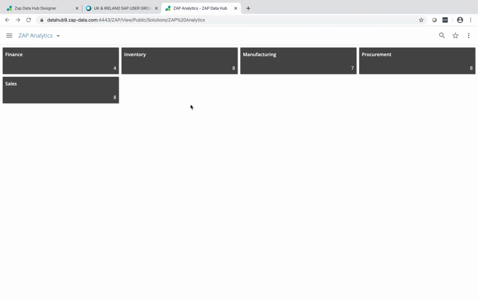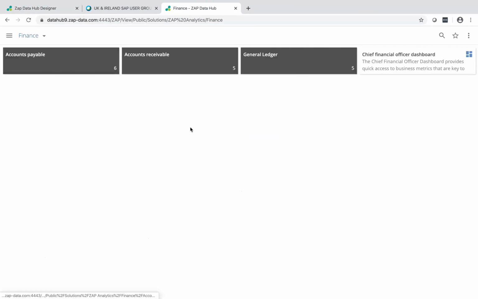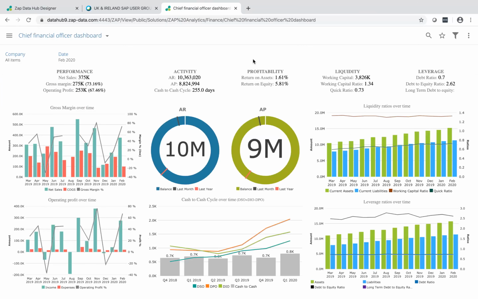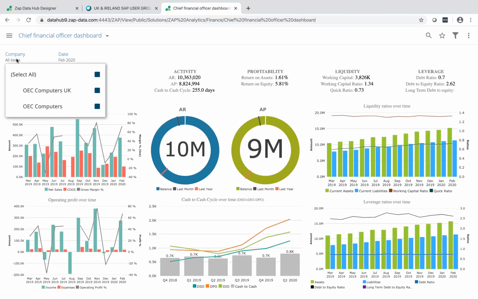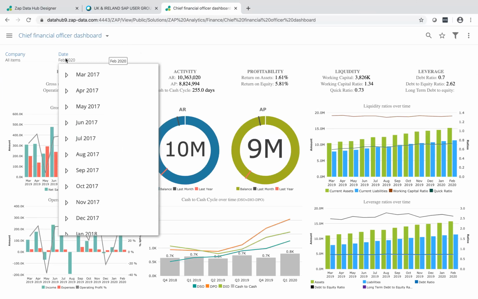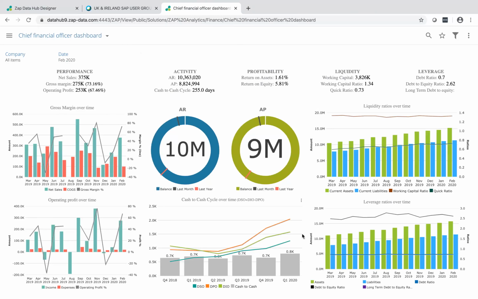So very quickly, just want to cover a few out-of-the-box reports that come out for our SAP B1 solution before I open up to questions. So again, we start at the highest level. You've got your chief CFO dashboard. You can use companies. I've only got the dummy data, so 2 companies, but you can have multi-companies. We do multi-company, multiple databases with respect to SAP Business One. You can have a date field slicer, work off what dates you want to work off. How this is structured is you've got the P&L on the left, you've got cash flow in the center, and you've got balance sheet on your right.